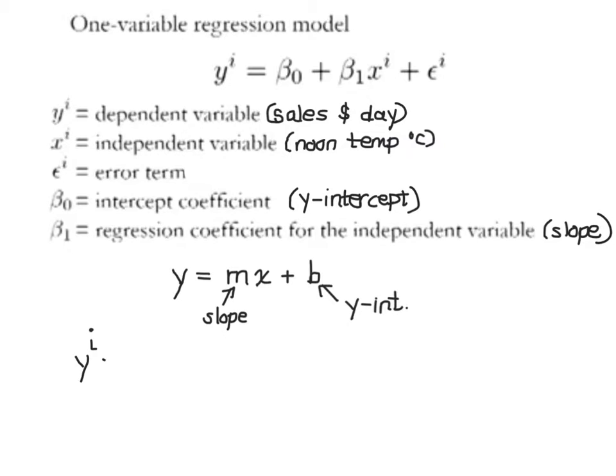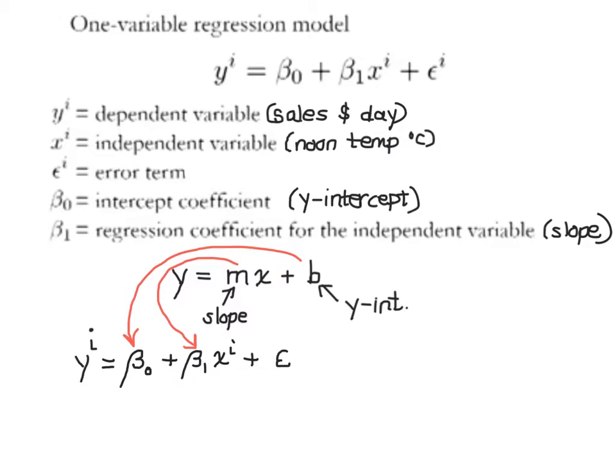So yi is equal to beta naught, and that beta naught refers to our y-intercept or intercept coefficient, plus beta 1 times x sub i, so this is the ith observation, the x value from the ith point, and our beta sub 1 refers to the slope of our line, plus